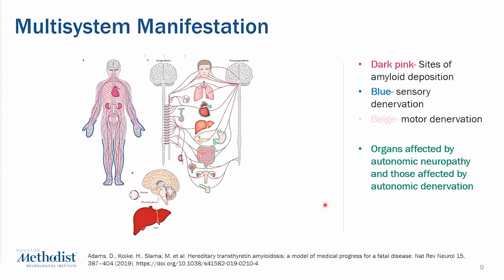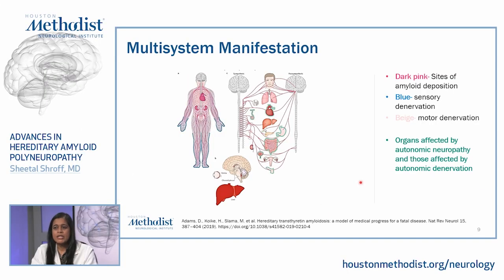Amyloidosis is a multi-system disease, as the picture depicts. The amyloid can deposit in various organ systems, resulting in multi-system manifestation. The dark pink areas are the sites of amyloid deposition, as we can see in the heart, nerves, kidneys. And the blue areas are the area of